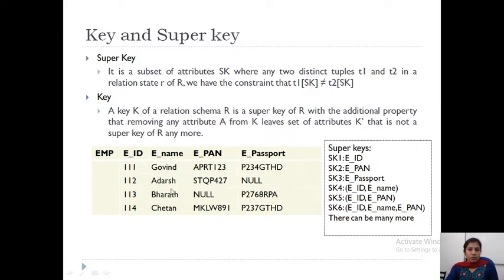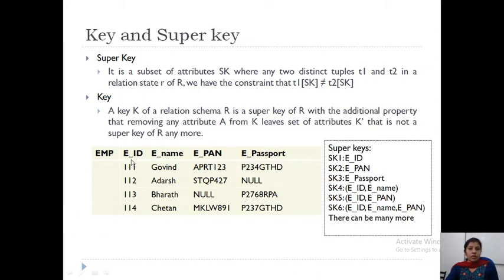This information is not repeating in any tuple. All these are distinct, the combination is distinct. That's why it can also be considered a super key. Suppose I have 115 and Govind. In that case, can employee ID along with employee name be a super key?